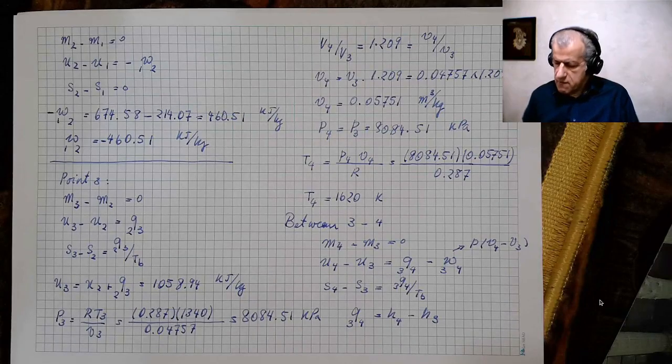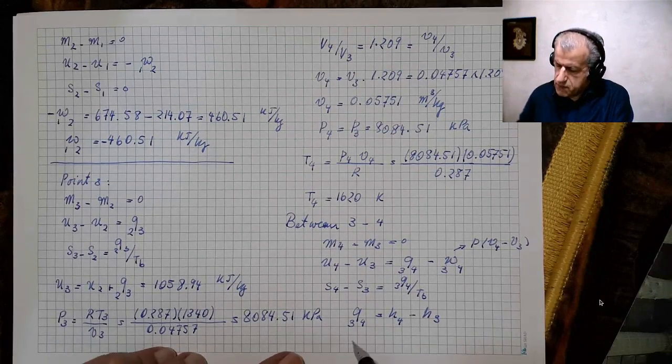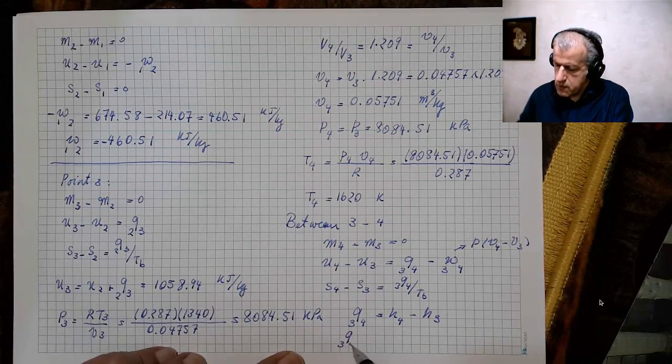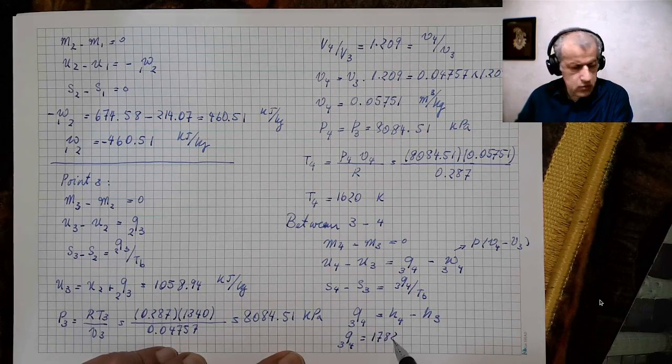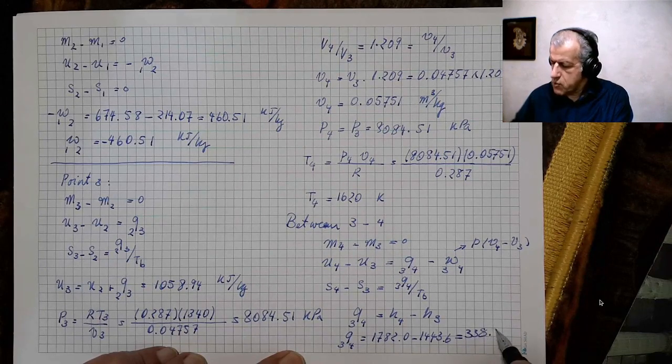So inserting values into this equation, Q34 would be 1782.0 minus 1443.6, and that equals 338.4